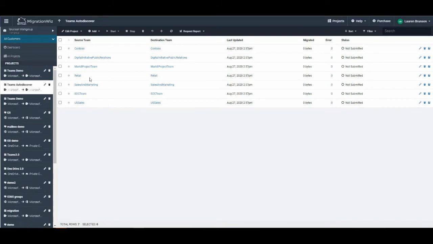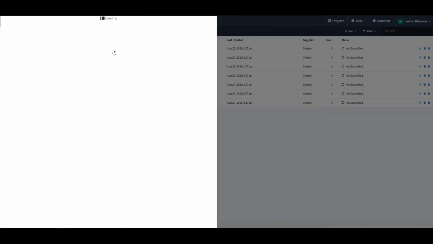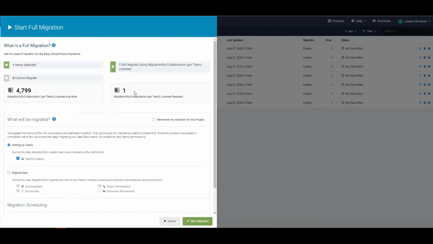You also have the ability to run multiple passes. For example, I'm going to check a single team here, and I'm going to hit full migration. Underneath the full migration piece, you'll notice that it's similar to our mailbox and our document migrations, in that you can check different pieces of migrating. Here we have the ability to run the first pass, which is like a pre-stage pass, and it's just going to create the teams on the destination. So you have the ability to create the scaffolding, create those teams,